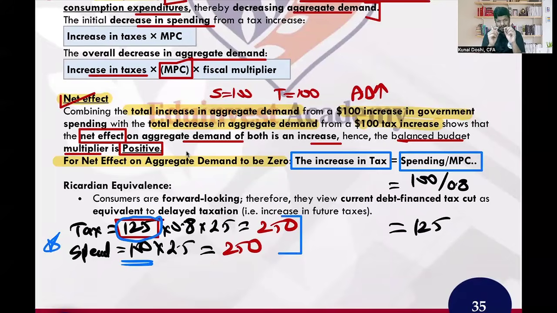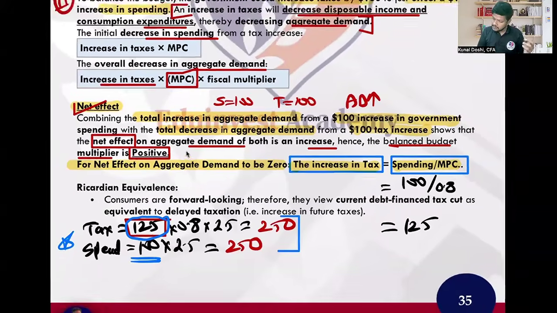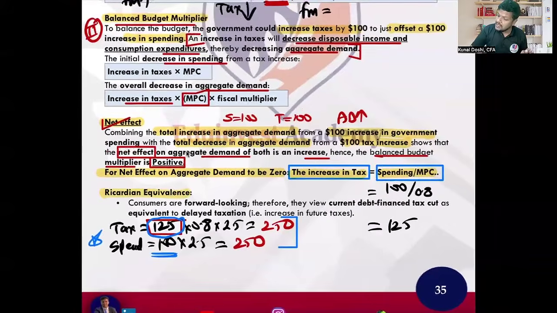But if the government charges less tax, less than 125, which is the maximum, any amount less than 125 will actually increase the GDP. Understood? So the shortcut is that the maximum tax the government can have is spending over MPC. At that point, anything lesser than that, the economy will grow. Understood? Everyone, very critical. All the formulas that I've given, only keep that in your head. Okay, don't do anything extra.